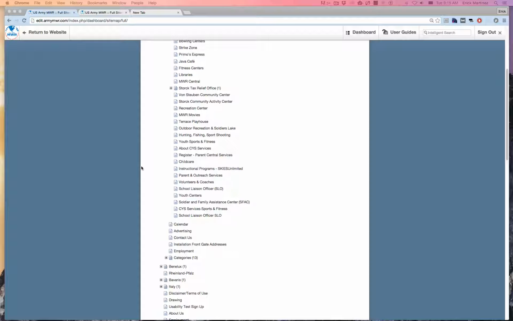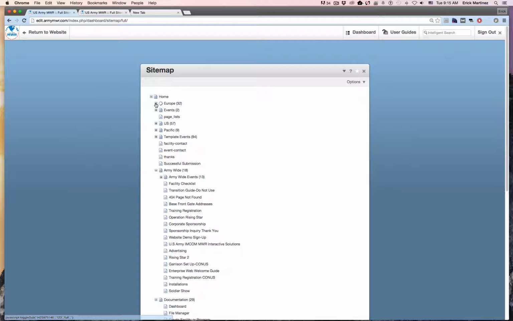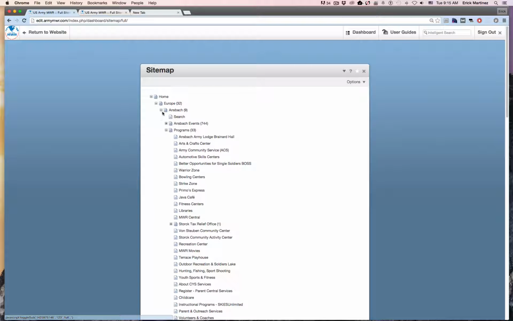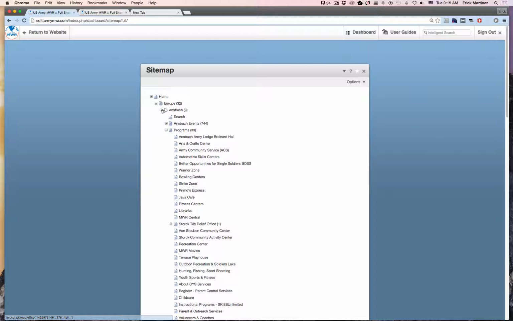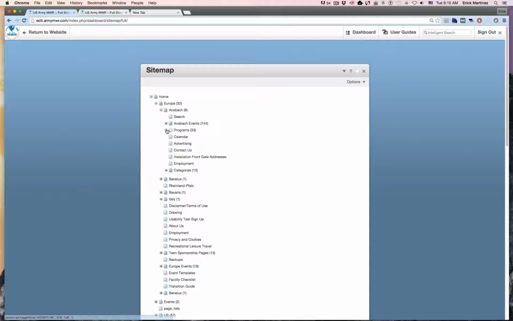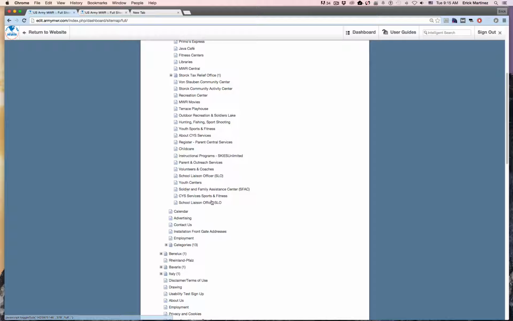Okay, so once again, to find your garrison, you go into Europe, you expand that, then you find your garrison, you expand that, and then you expand programs, and you're gonna find the SLO program without parentheses, and then you're gonna click on that, and then you're gonna go visit,